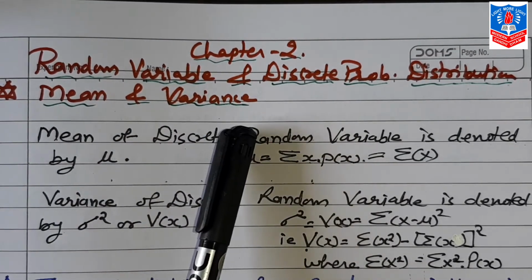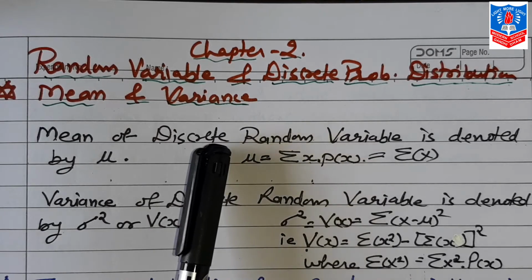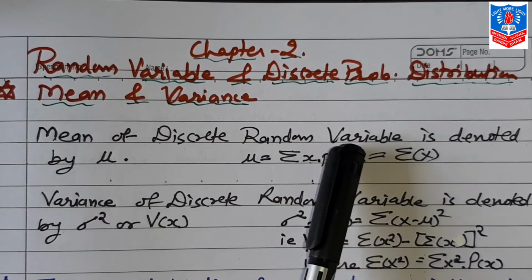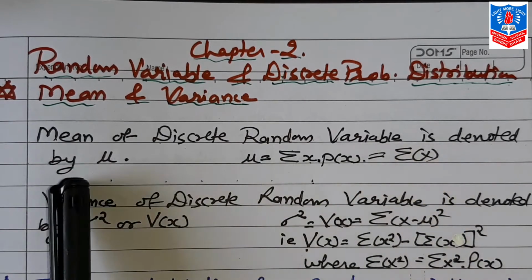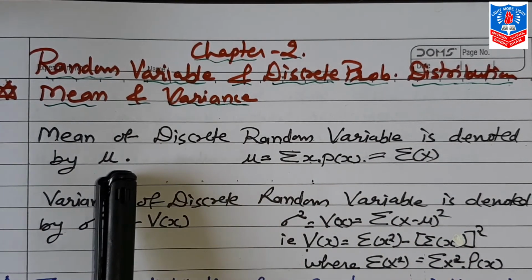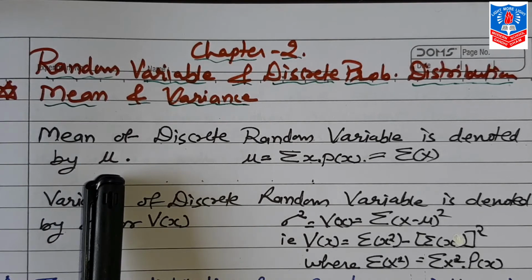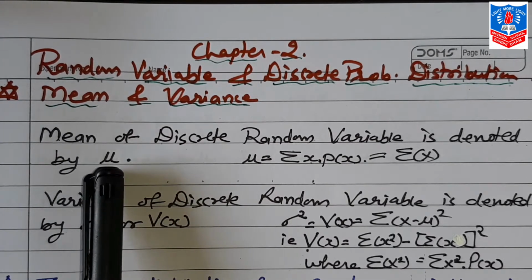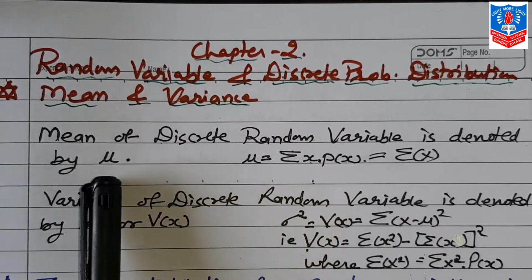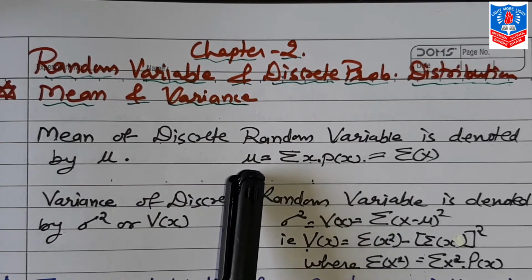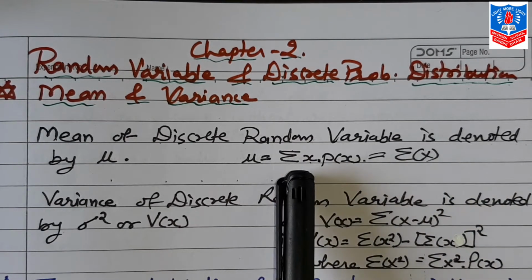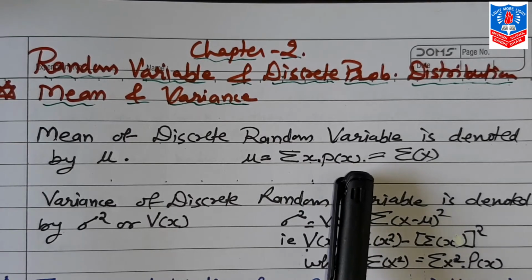Now in this, first of all, how we find the mean of a discrete random variable, that we show by this mu. This is not actually u, in statistical language it is called mu. Now the formula for that is mu is equal to sigma x, or how we find that is sigma x into px.